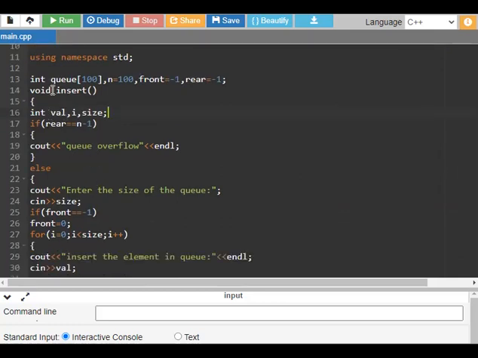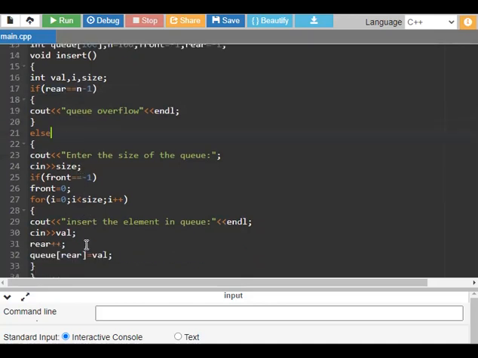So in the insertion function, we have to check whether the rear of the queue is overflow or not. So the condition is rear equal to n-1. If it is not satisfied, we have to enqueue the values inside the queue one by one.